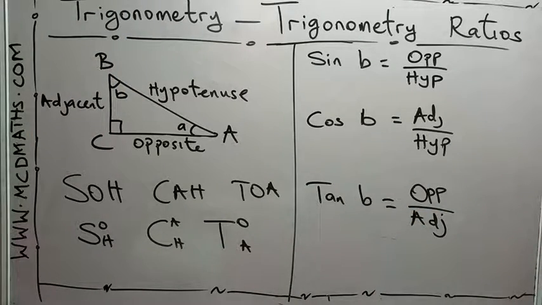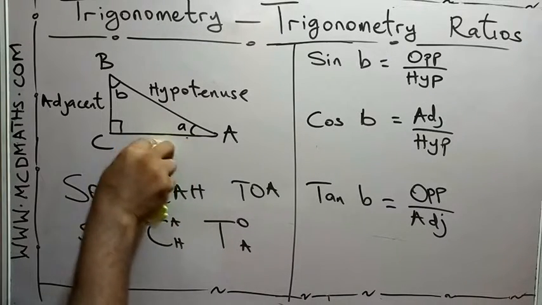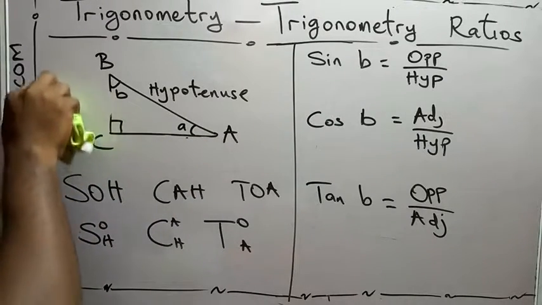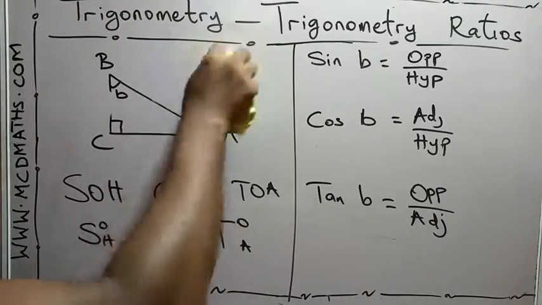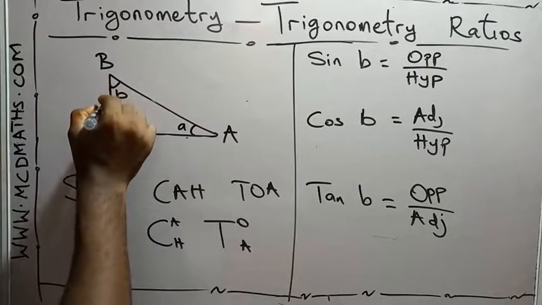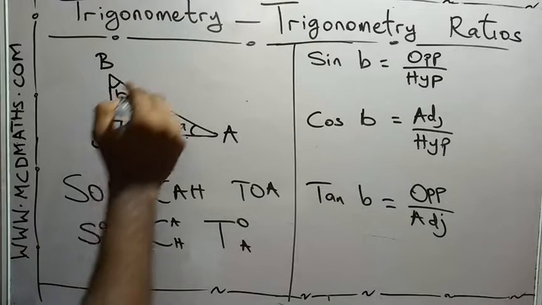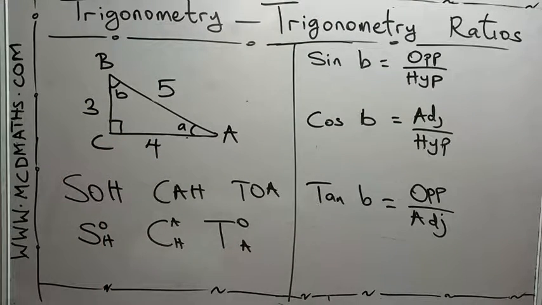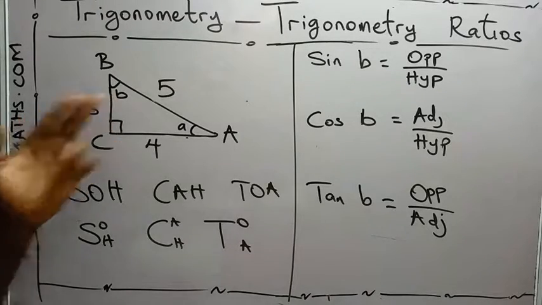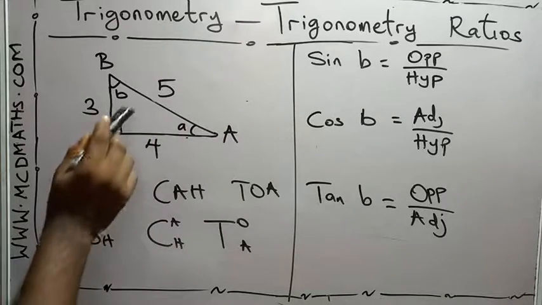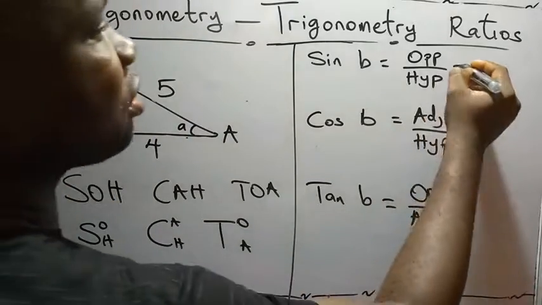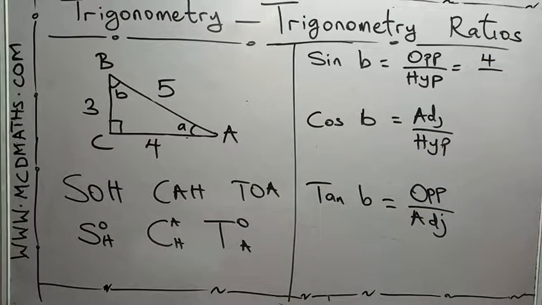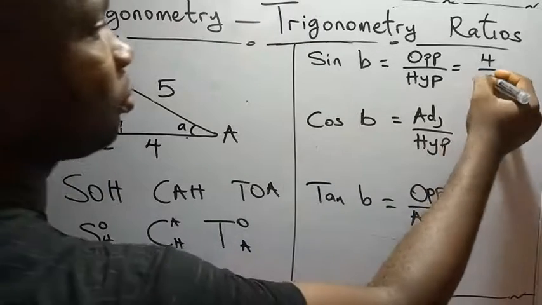Having known all this, the next is let us insert figures into this and see how they operate. So let's insert numbers. This is 5 and 4 and 3. So sine B, which is this, gives you opposite. What's the opposite? Opposite for sine B is 4, so that gives us 4 over what's the hypotenuse? 5. The hypotenuse